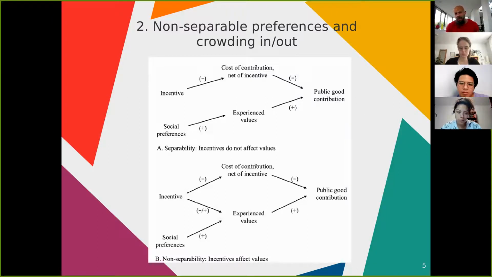This is also from Bowles' book. It's a graphic. It's supposed to represent a theory, I would say. And again, I say here separable preferences and crowding in and out. What do I mean by that? Or what does Bowles mean by that, rather? So basically, he's contrasting the standard theory in economics with something that he's developing in accordance with what people like Machiavelli are writing here. So we can say the first image represents the views of David Hume.